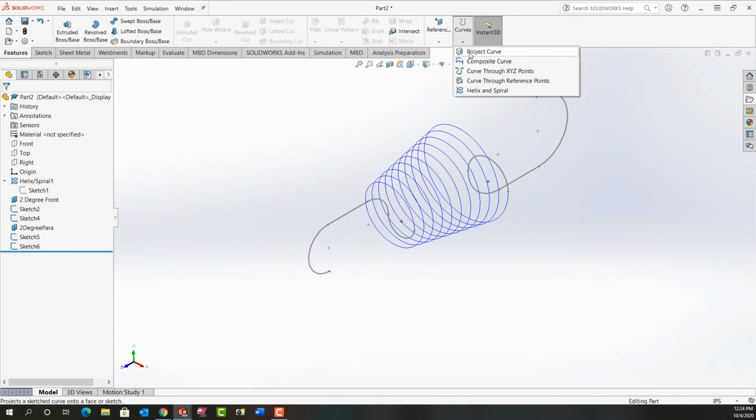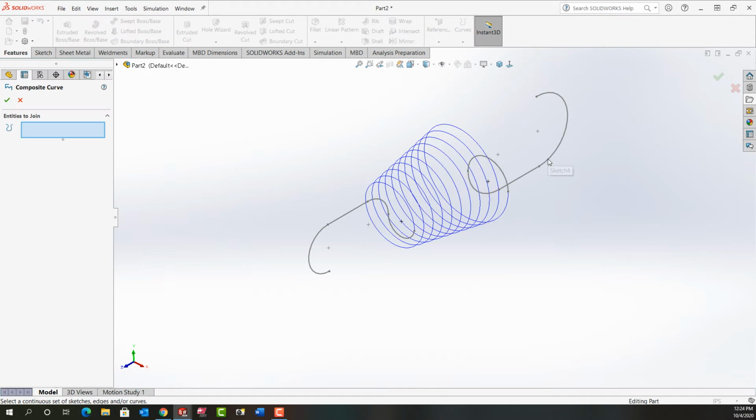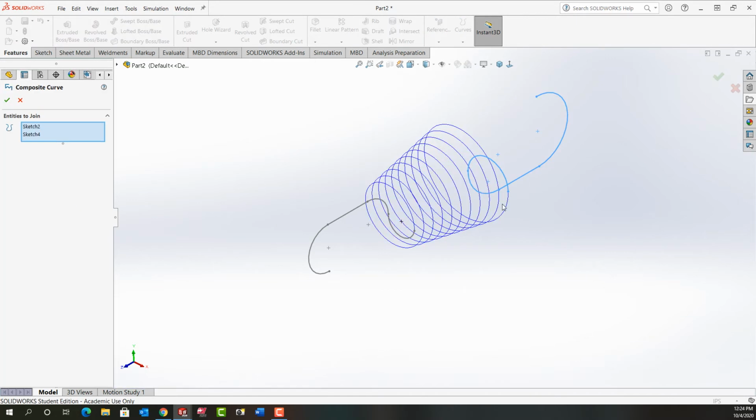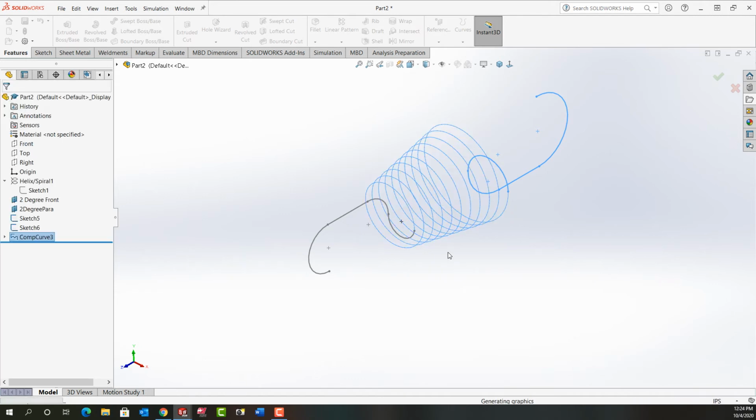So again, I'm going to go Curves, Composite Curve, and start at one end of your part. I'll select this, and then I'll select this, and I'll say OK. If that creates a composite curve, that wasn't where your issue is. So what you want to do next is come over here, click on your composite curve, tell it to edit the feature, and add the next entity,